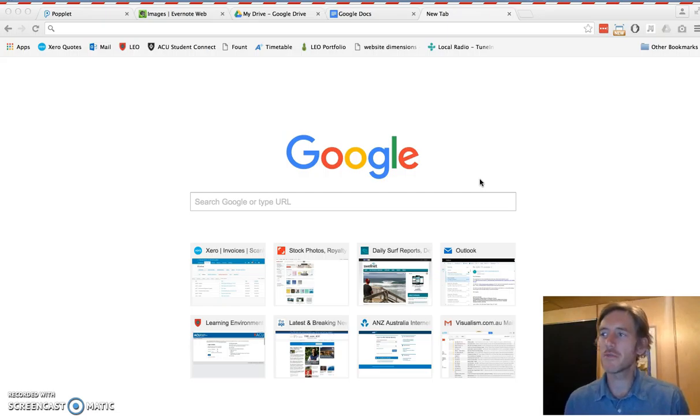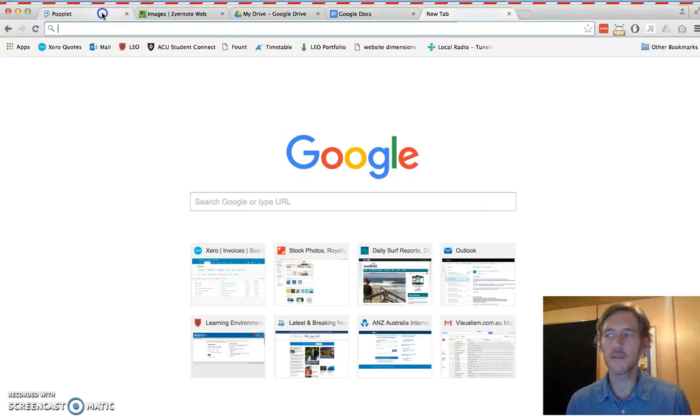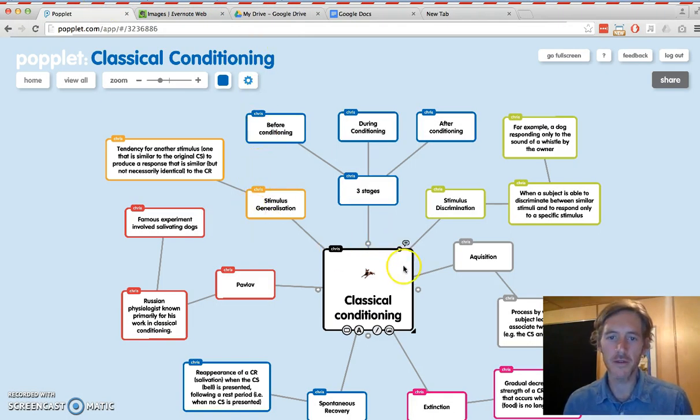There are a few major principles of constructivism. Firstly, learner-centered activities. Secondly, opportunities for students to work together. And thirdly, to assist novice learners to develop expertise. The following ICT technologies that we're going to look at do embrace these three guiding principles in a variety of ways. Okay, so the first one we're going to look at is Poplet, and this is a Poplet that I've